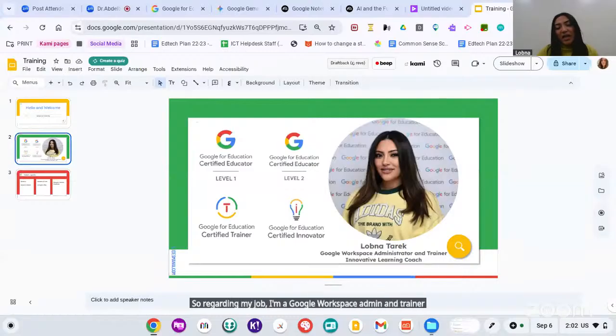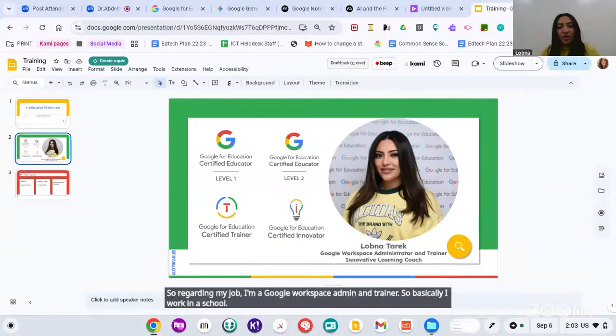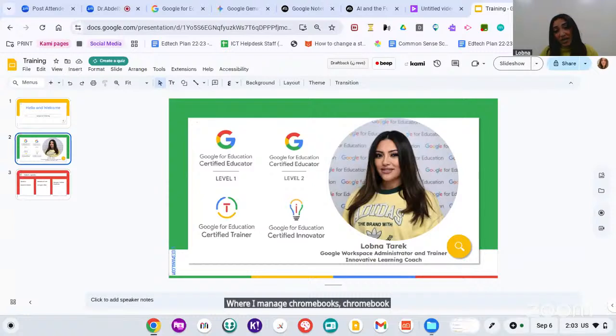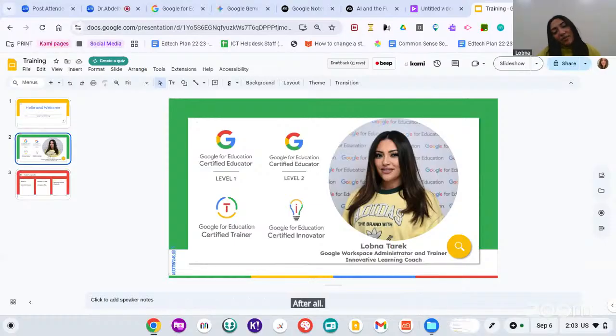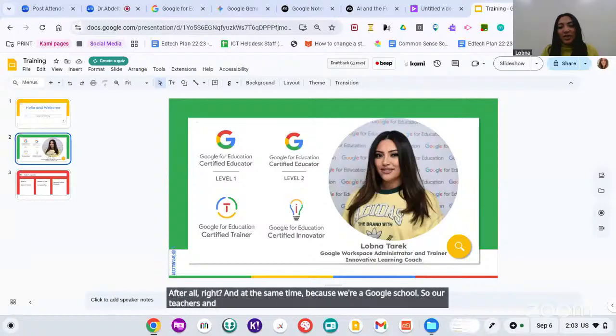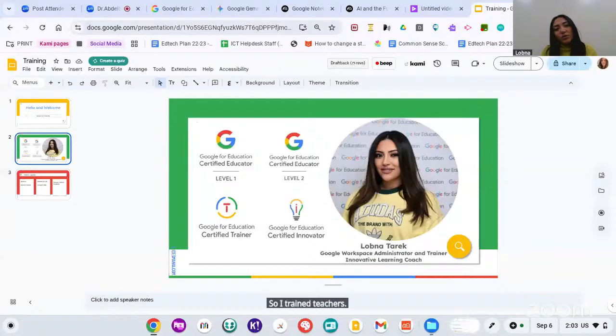So basically I work in a school where I manage Chromebooks. Chromebooks are Google devices. All of our students and teachers here in the school use Chromebooks as their devices, and we're able to manage them so that we are able to secure a safe learning environment. And this is what every single school or educational institution wants, after all, right? And at the same time, because we're a Google school, our teachers and students depend on using Google tools. So I train teachers on how to use those Google tools in their classrooms to be able to transform